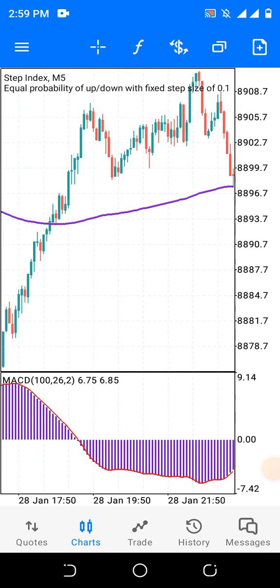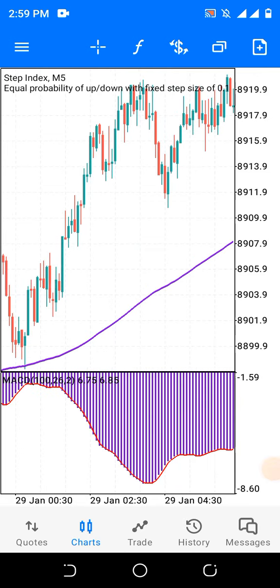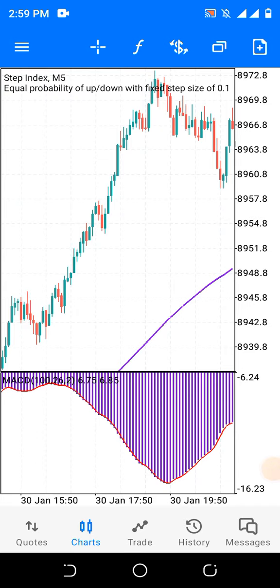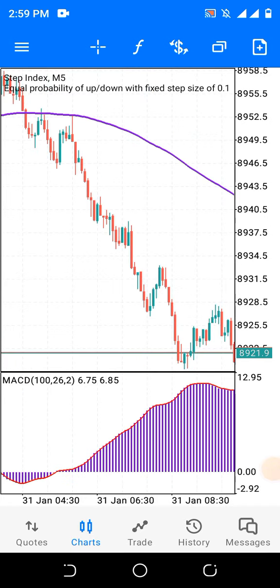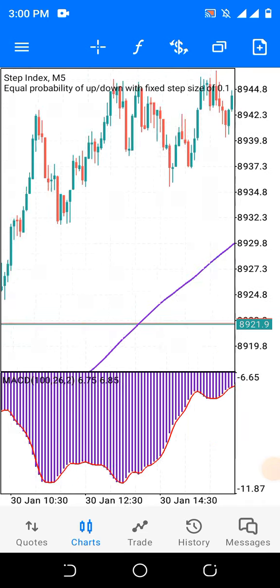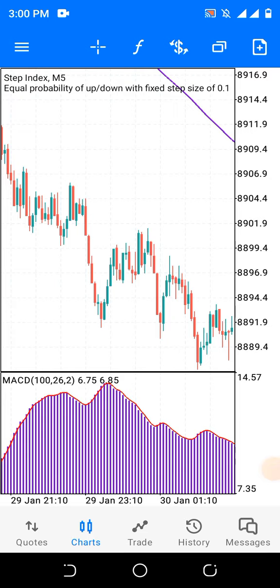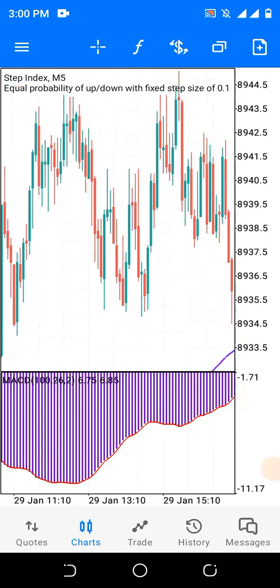Now, these indicators will show you where to make your entry and where to put your stop loss. So pay attention and understand the settings very well, because understanding the settings is the most important thing. Once you understand how to set the indicators and how to apply them, you will be able to maximize your profits. Do you understand?